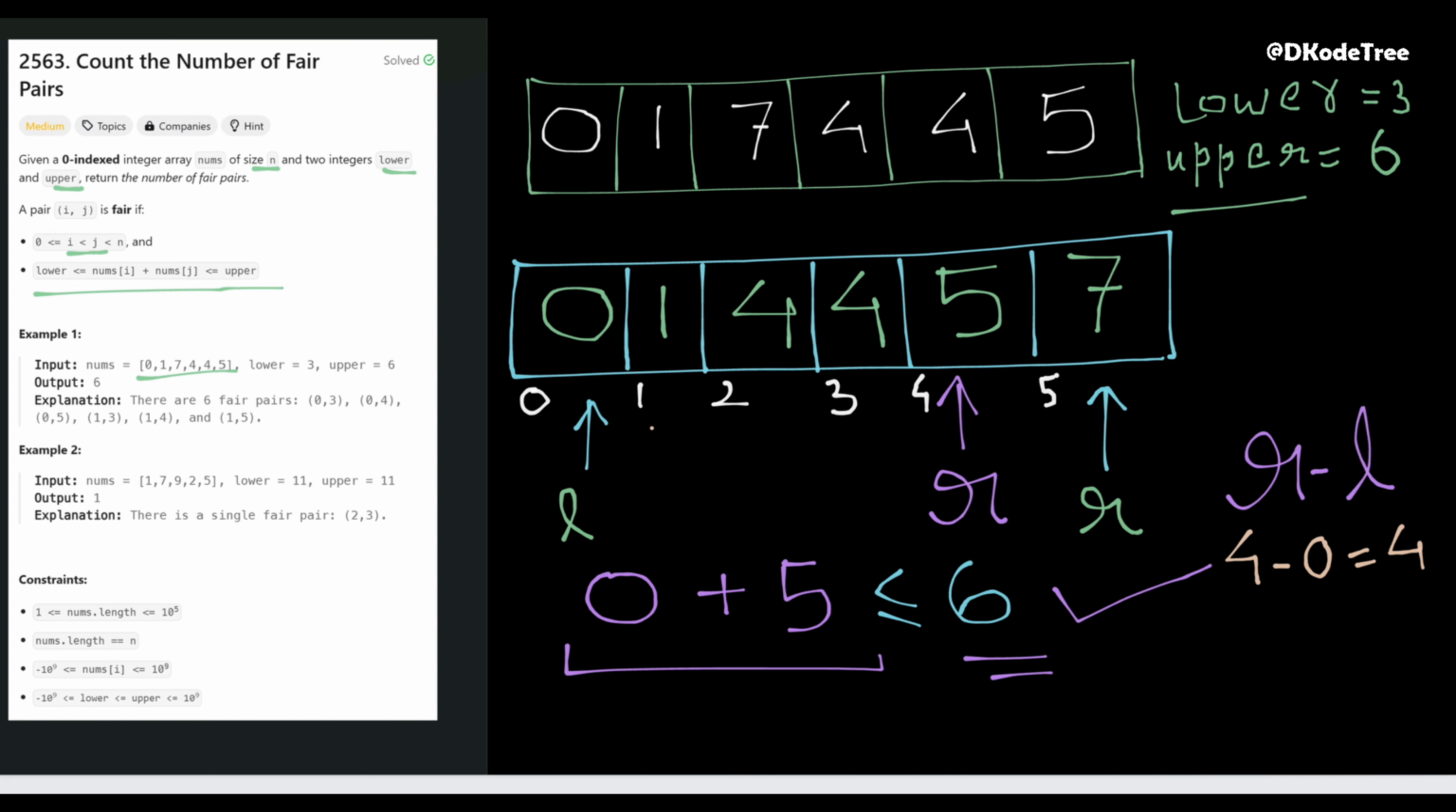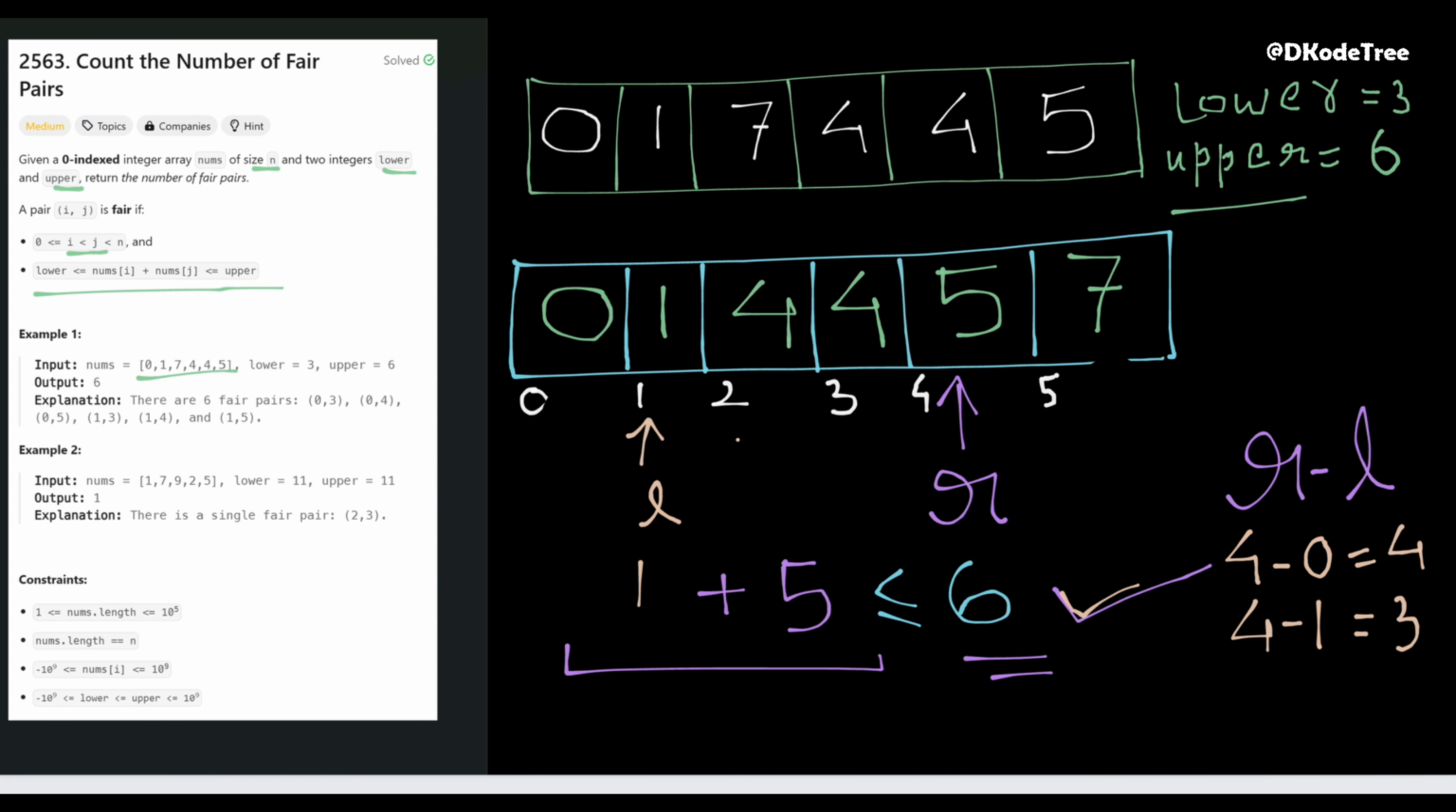Similarly, now we have to move the left pointer to the right. So now we check if 1 plus 5 satisfies this condition or not. It still satisfies this condition. So we can also count the number of pairs which include 1 and whose sum is less than or equal to 6. That will be 4 minus 1, that is 3. After this we will again move the left pointer. Now we will be checking